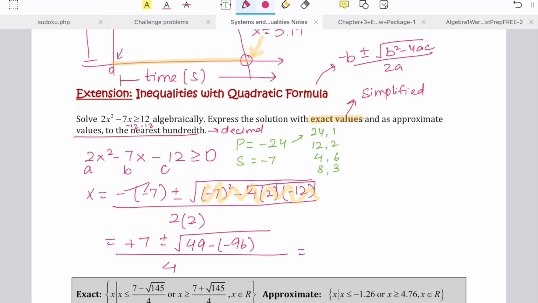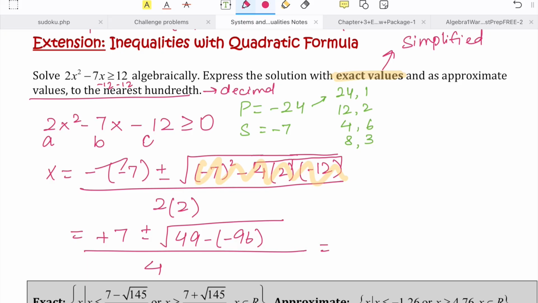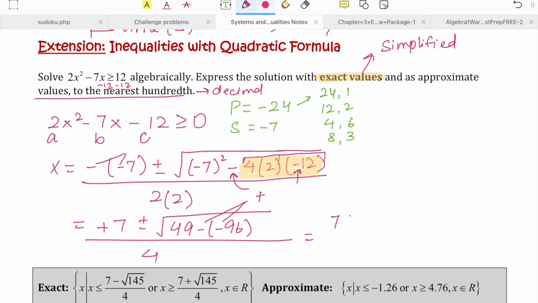But I wanted to show it to you guys because I did notice that you had a tough time when you had negative over here and here. Well, it's just multiplying, right? So negative times negative is just going to be positive. So 7 plus minus 49 plus 96 is 145